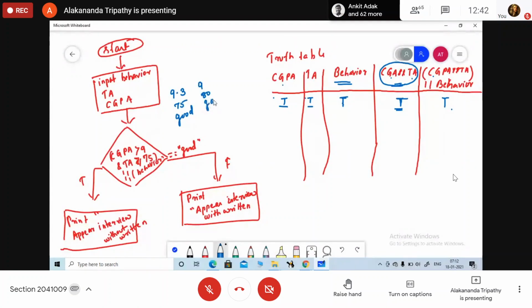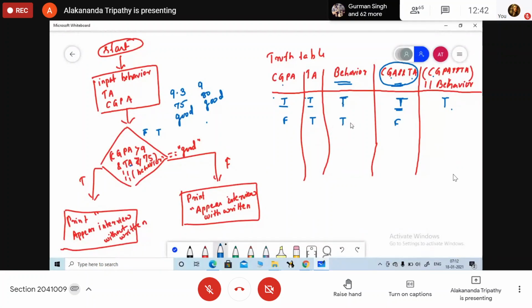So the next input, let here I am going to take 9 and 80, good. So what will it be, tell me? Here CGPA greater than 9. What will be the value? False. Theory attendance greater than equals to 75. What will be the value? True. So false and true. False and true, what will it be? And it will be False.